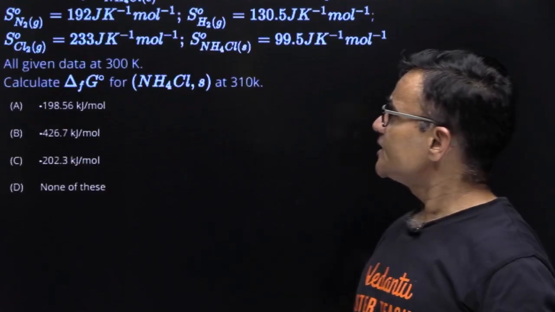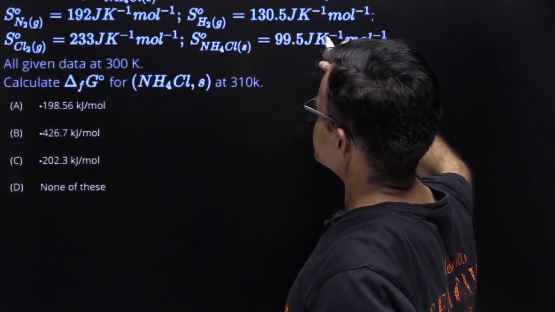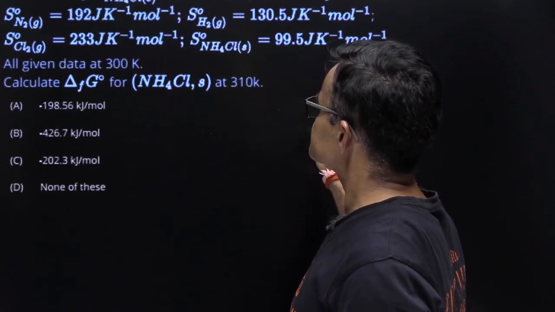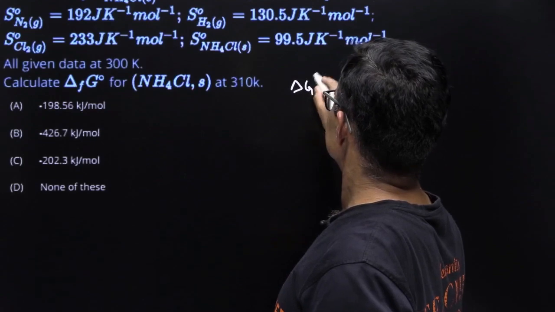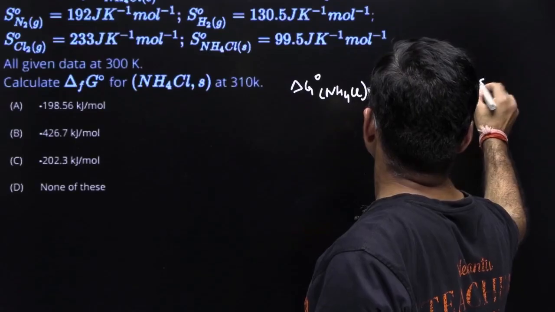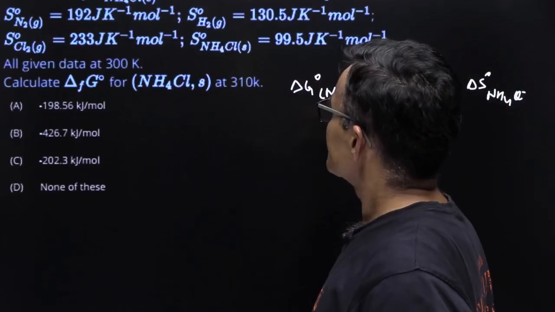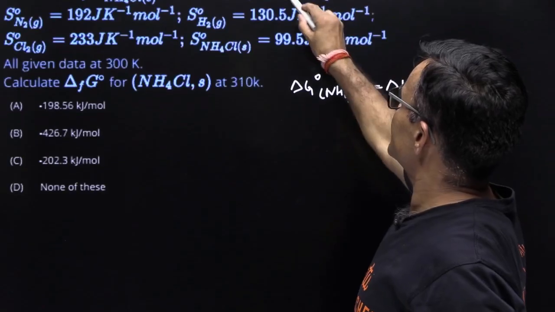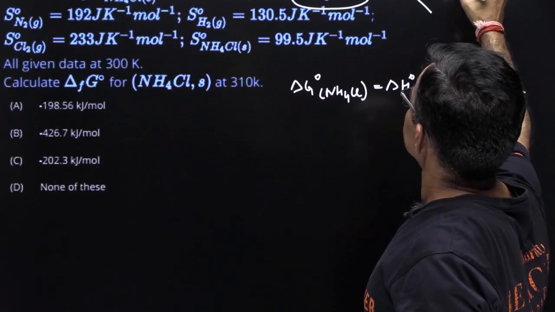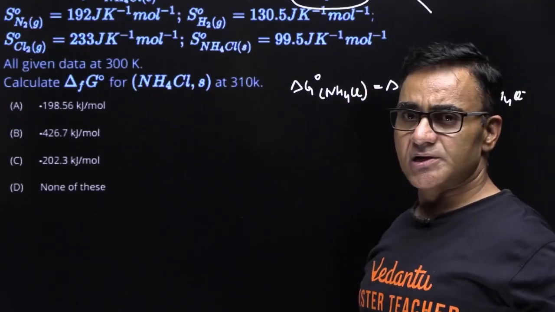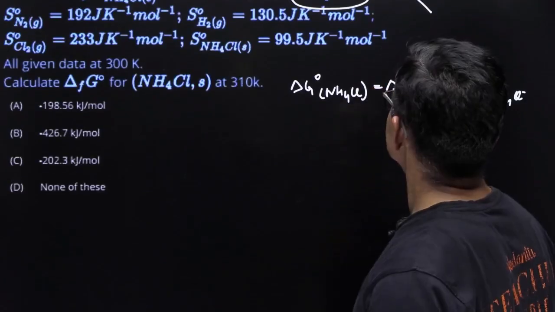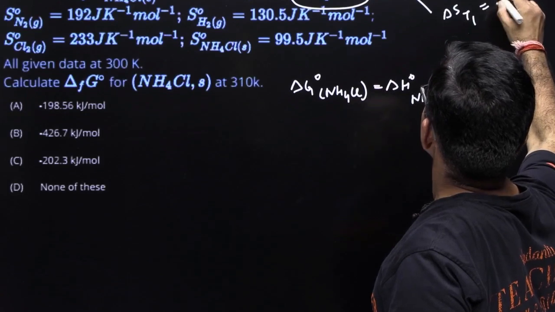ऑलराइट, सेकंड लॉ ऑफ थर्मोडायनेमिक्स का क्वेश्चन, यहाँ पे ΔH° फॉर्मेशन दिया हुआ है, S° सभी का दिया हुआ है एक्चुअली, और आपको बताना है ΔG° ऑफ NH4Cl। ऑलराइट, ΔG° ऑफ NH4Cl को मैं लिख सकता हूं ΔH° ऑफ NH4Cl माइनस TΔS° ऑफ NH4Cl, राइट। अब ΔCp दिया हुआ है, ये बड़ी इंपॉर्टेंट इंफॉर्मेशन है, क्योंकि अगर ΔCp 0 हो इसका मतलब होता है ΔH एट T1 इज इक्वल टू ΔH एट T2, यानी कि ΔH1, ΔH2 बराबर होते हैं। ΔCp यदि 0 हो जाए तो फिर जो इंथैल्पी होती है, इवन एंट्रोपी होती है, वो टेम्परेचर डिपेंडेंट नहीं रहती, तो ΔH T1 इज ऑल्सो इक्वल टू ΔH T2।